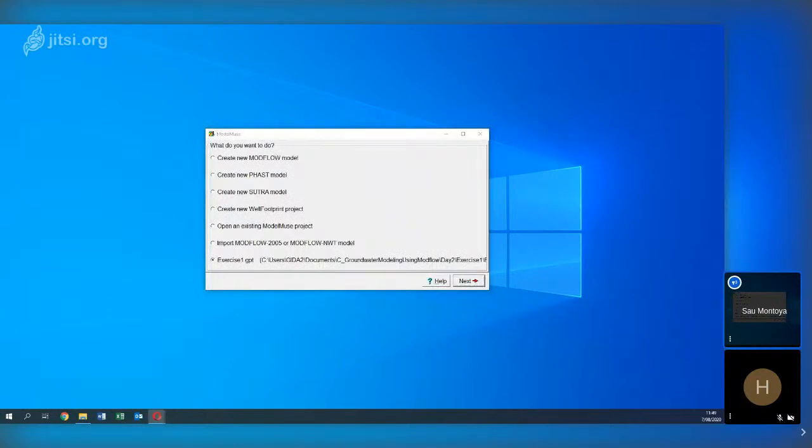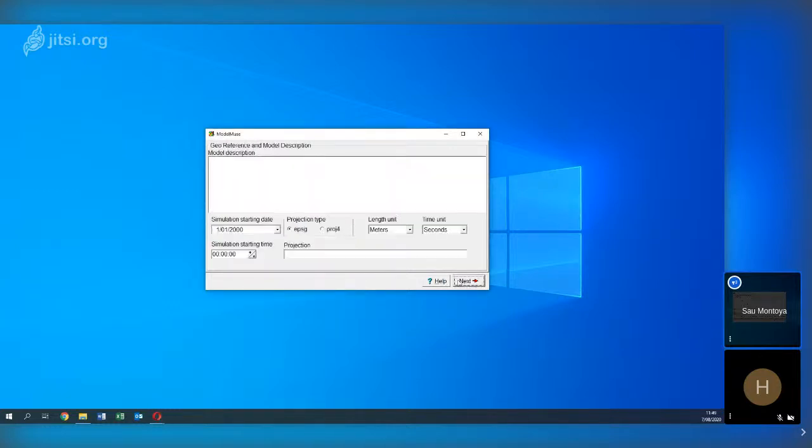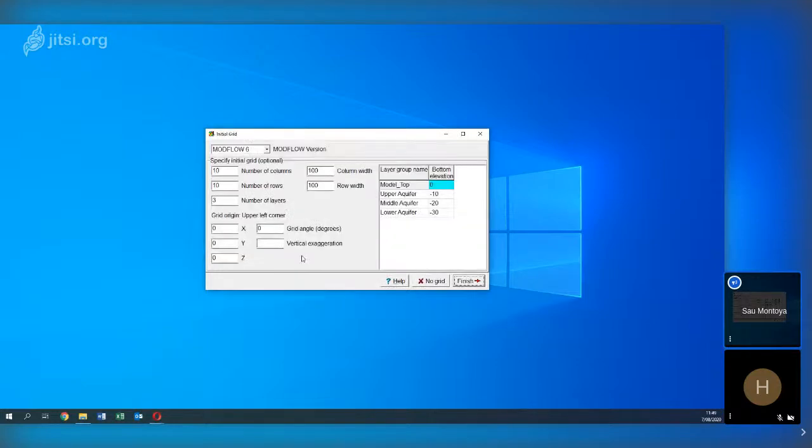And what's next? Create a new Modflow model. Next. This one is only declarative. Next. Yes.